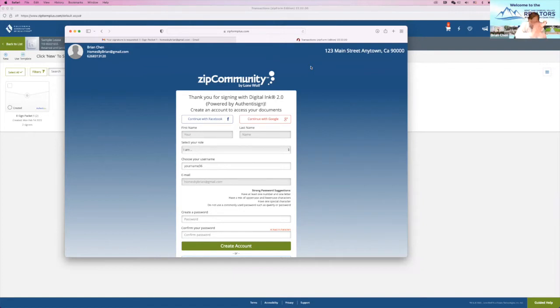You can add it to e-signature inside your zipForm by selecting additional document. You save it on your hard drive, maybe download the document. Then you can select the seller's multiple counteroffer and add your buyer's signature underneath there,